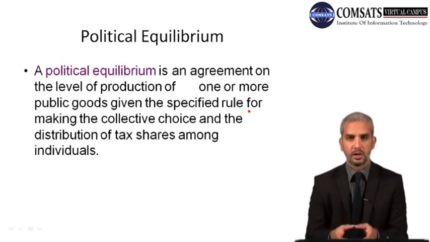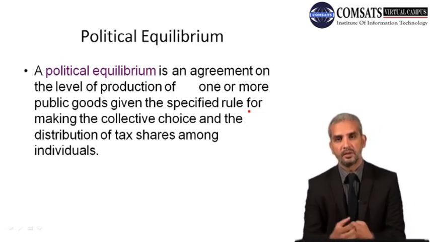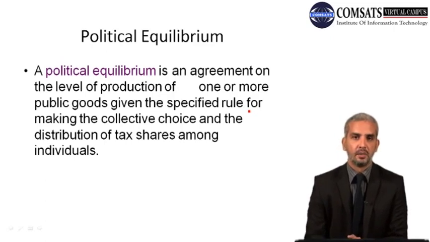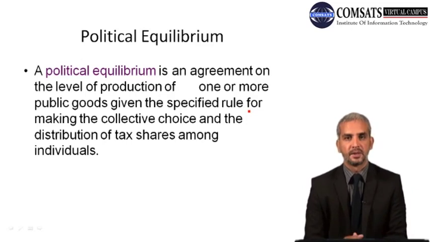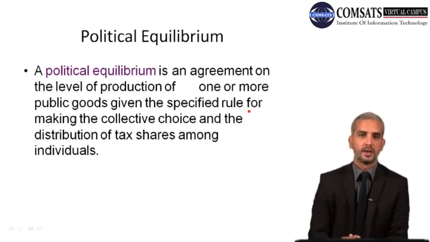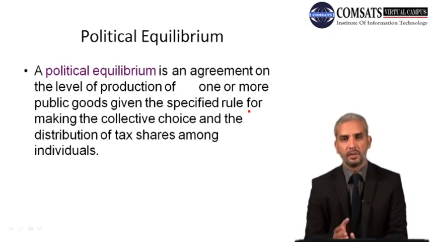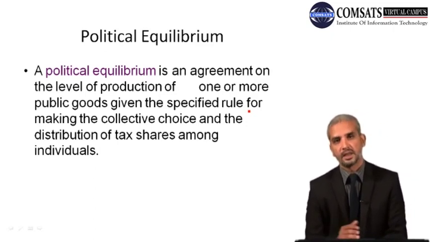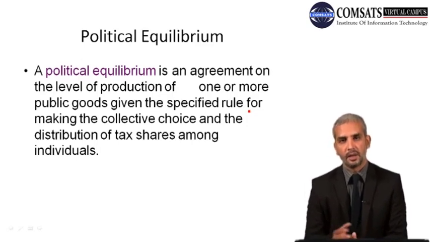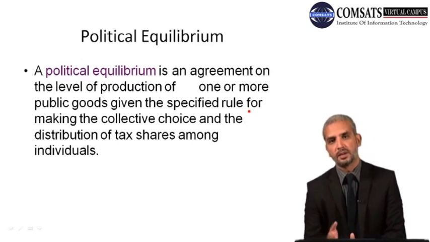So what was the output of that? The information we extracted out of that was political externality. Political externality is when an individual gets less or more than his optimal, preferred level of outcome. In this case specifically, individuals A, B, C had their marginal cost curve greater than marginal benefit, and whenever marginal cost is greater than marginal benefit, it would be better to reduce the quantity, while individuals F, G, H had marginal benefit greater than marginal cost, and for them it would be better if the quantity of that public good being supplied was greater.